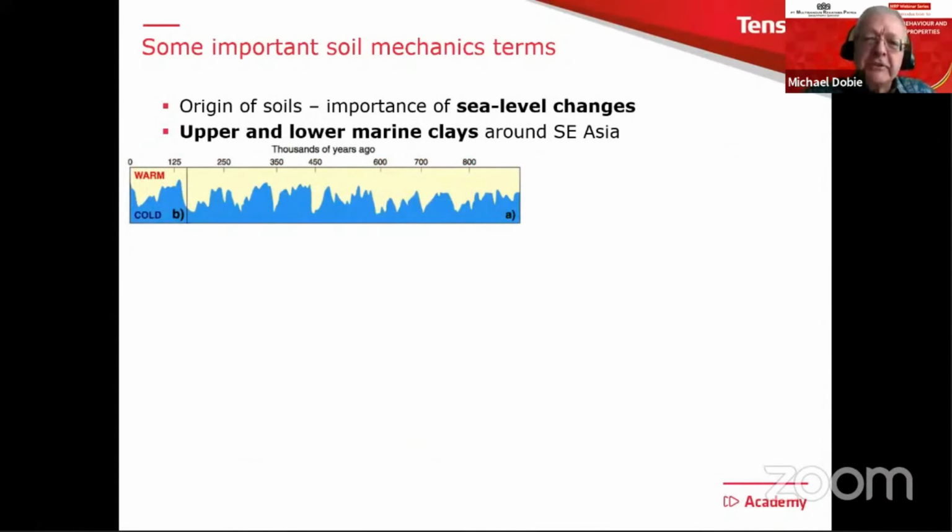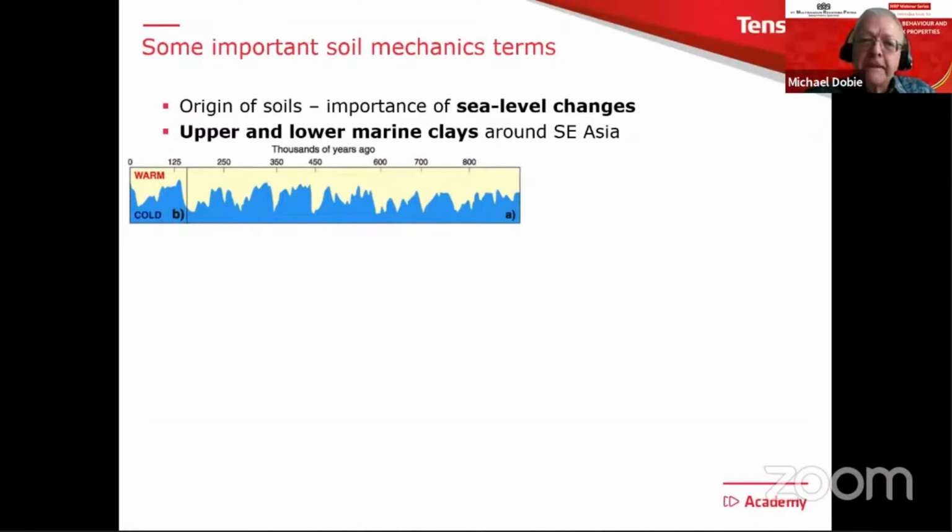One other thing I think it's interesting to be aware of, especially when we look at the marine clays, all around the coastlines, or around many of the coastlines of Southeast Asia, for example, the north coast of Java, parts of Sumatra and elsewhere, we have these marine clays. Also, if you're from Malaysia or Singapore, you'll be very familiar with the marine clays. And just a couple of minutes on these, because they are such important deposits and they affect many infrastructure developments,